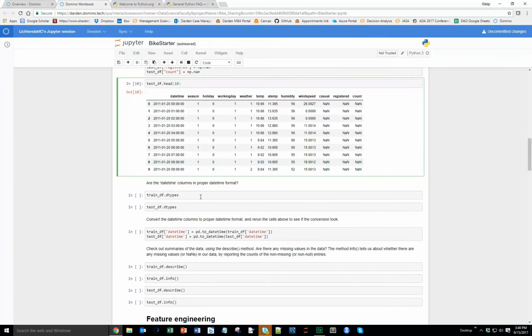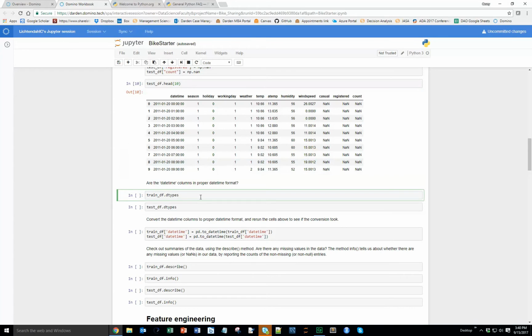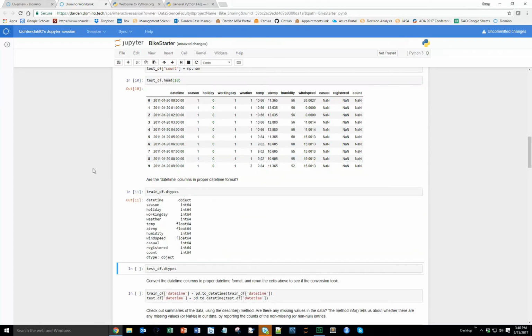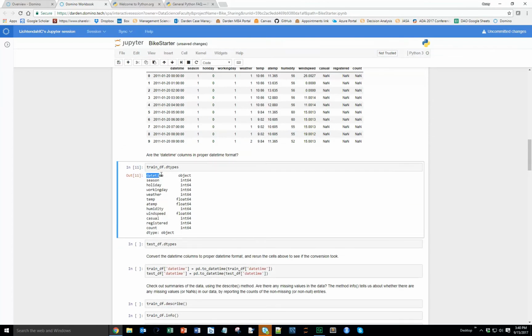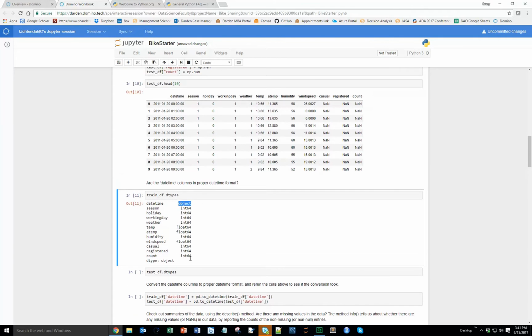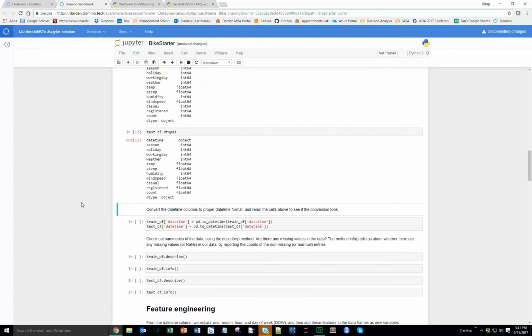Okay. Another thing that we may want to do is check out the data types. So a method for a data frame is dtypes, and we see that our datetime is an object, which is a generic description of a data type. It refers to something like text, and just like in R, we want this formally to be recognized as a datetime